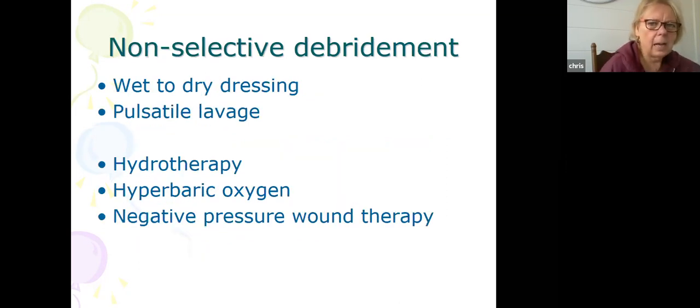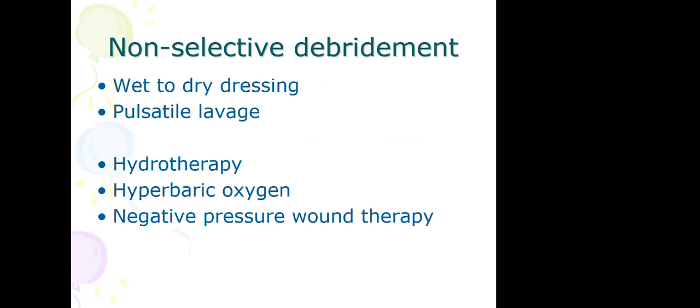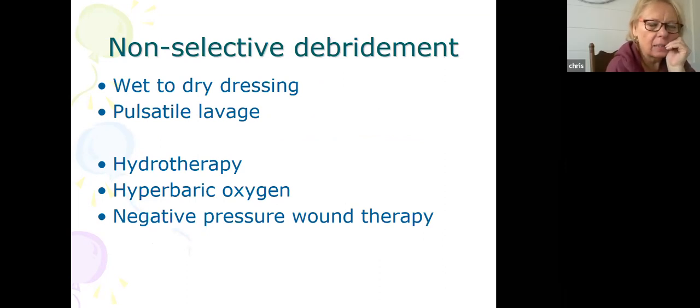All right. Another non-selective debridement is wet to dry. They don't use this so much anymore. The dressing is wet, and then when it dries, they pull it off. But what do you think happens? It rips off any scabs or anything that's under it. Well, it removes the necrotic as well as the living tissue. So they don't do this so much anymore, but yet your book talks about it. It removes the necrotic tissue, but it also removes the living tissue.